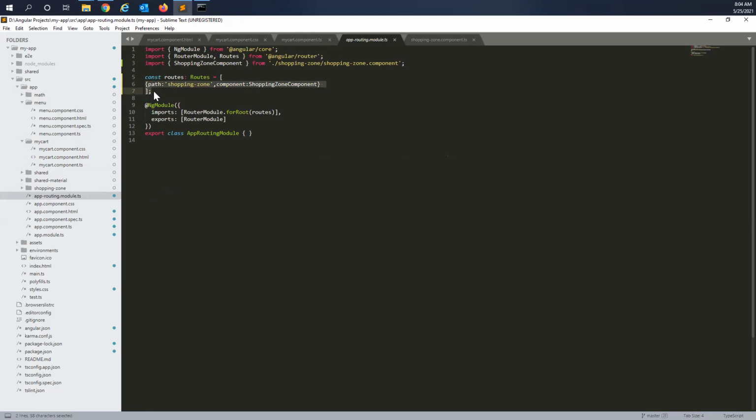Without this, the Angular application will not know the browser URL to the component. This is where the mapping happens, when a click should go to which file. If you hit on shopping zone, it is going to the shopping zone component. That's the use of this. Exactly.